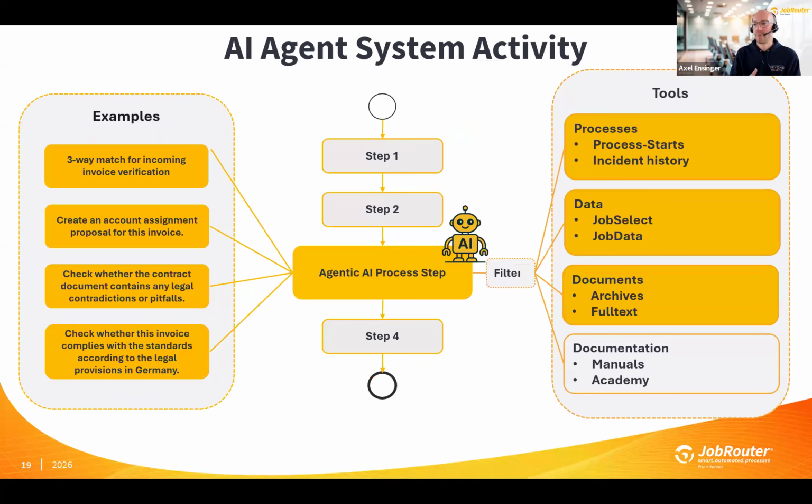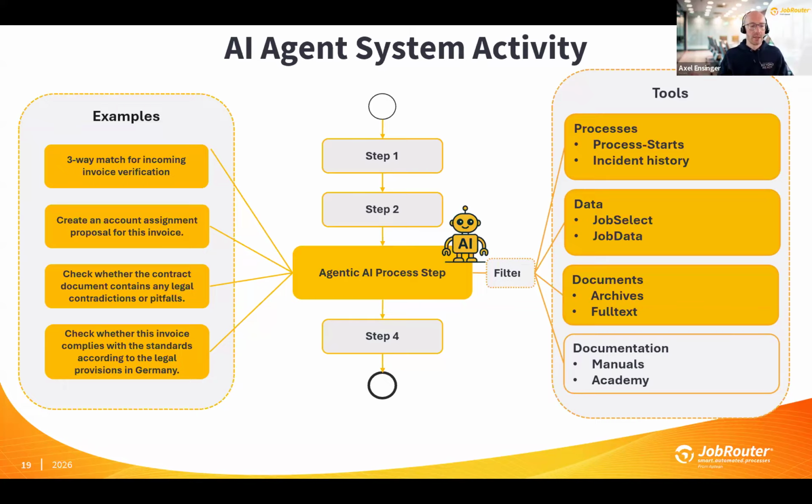So the second point and the first one that we're going to release are the AI agents within the jobrouter processes. That means at a specific point, you can create an AI agent as an activity in your workflow. And again, this AI agent has the same tools available. So that means this agent can start other processes or maybe get document data and help you extracting data from that within these processes. And you can define a specific task, which in fact is a prompt. As we say, the prompt for this agent is to do something with the specific tools.